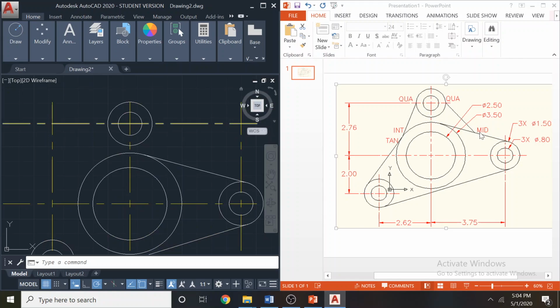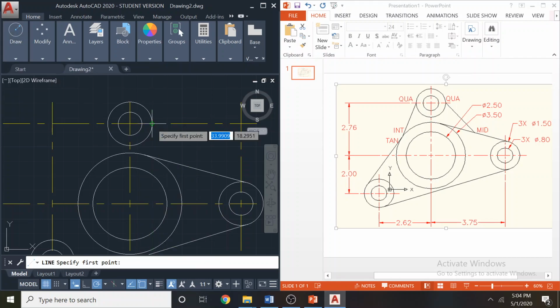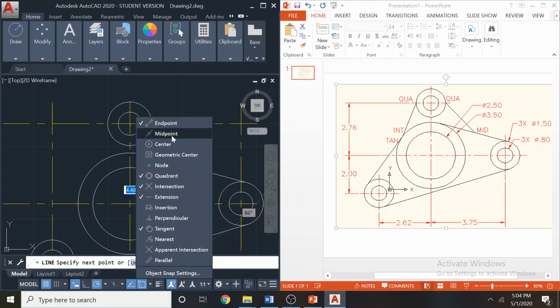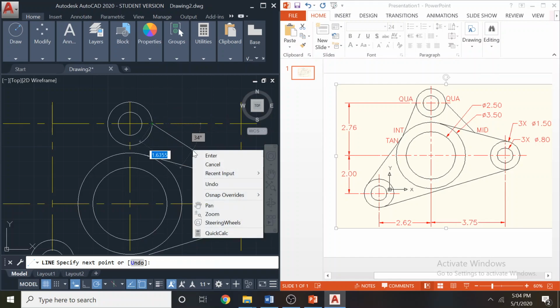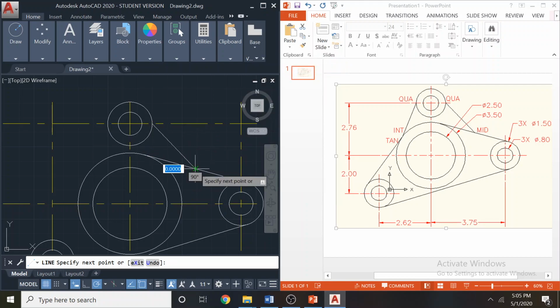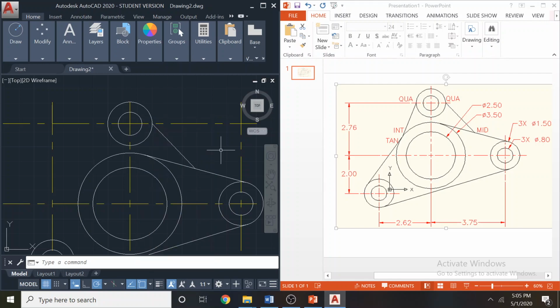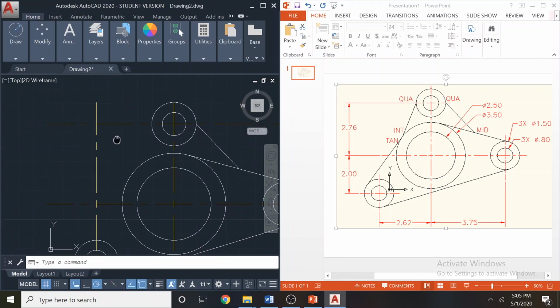Now I can draw this one, quadrant to mid. So the quadrant snap, I have to select quadrant snap. Quadrant is this and the middle point is here. Now every time if I try to go here and select this may take a lot of time. If you want, you can right click and do some snap overriding like this. So rather than going to the fundamental tools, you can right click and get the midpoint quickly as a temporary measure. I don't need to go here and turn this on permanently, so the right click is also going to work. Then we have quadrant and intersection.